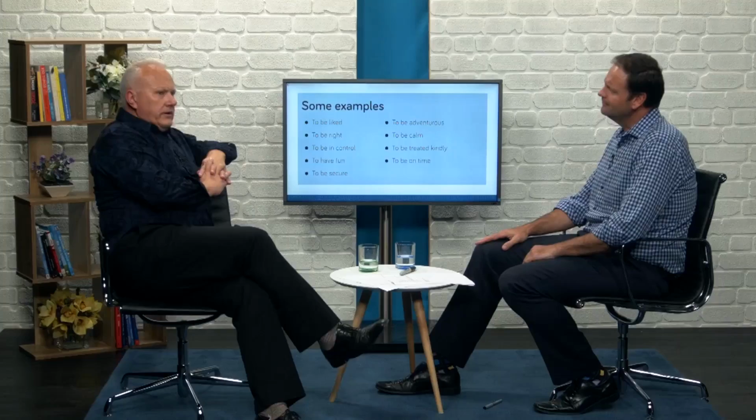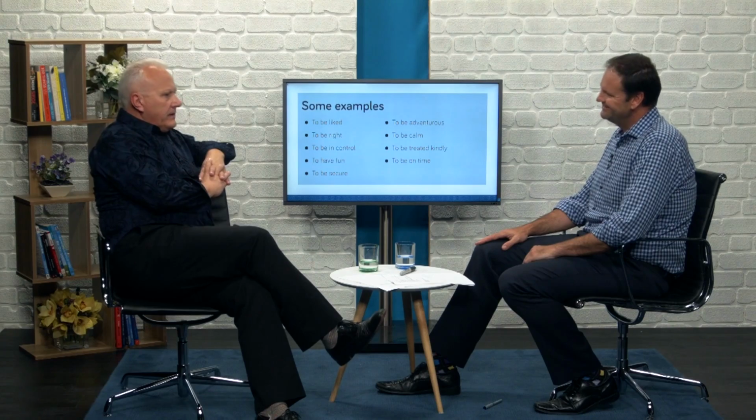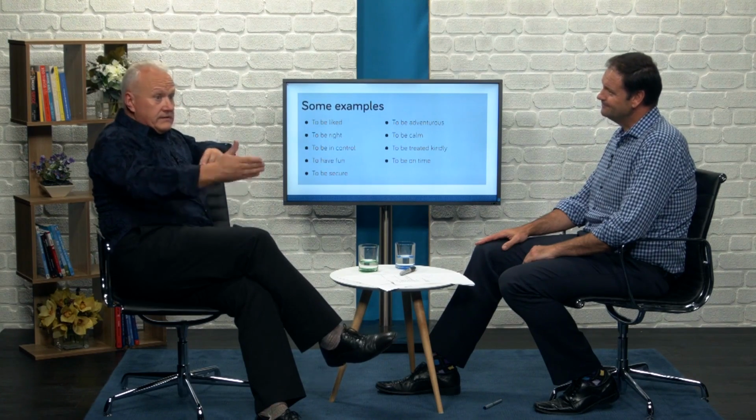Yeah, look, there's 7 billion of us on the planet, and the clue is there's only one of us, and there's 7 billion others. That might be the clue there. And I guess the model is just that. It's an indicator, it's a decoder that gives us some rules to say if we see somebody behaving in a particular way, there are some indicators that there are some needs going on, that if we adapt our behavior to be more flexible and to include the needs of the person we're interacting with, it's likely we're going to be more